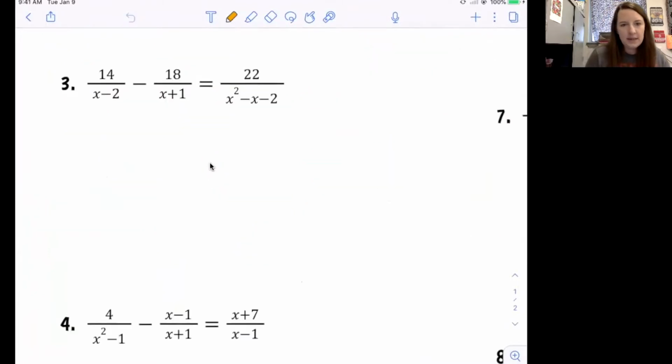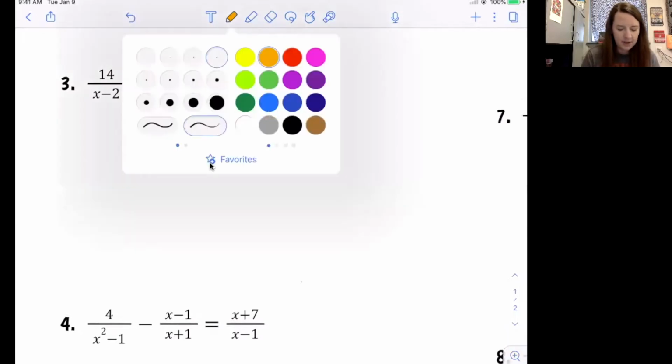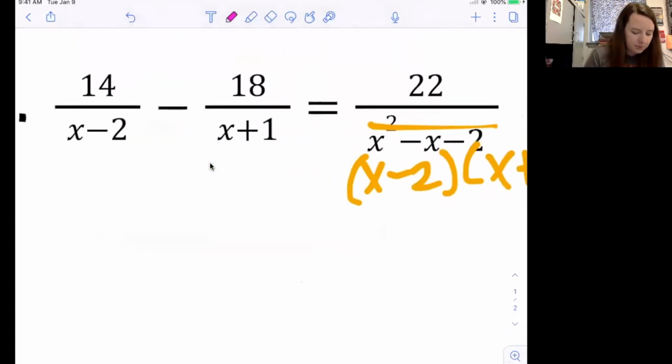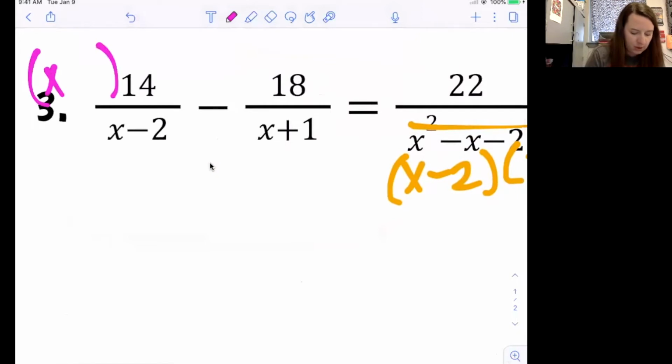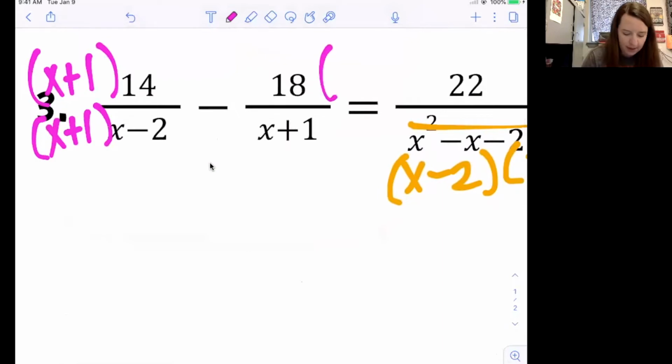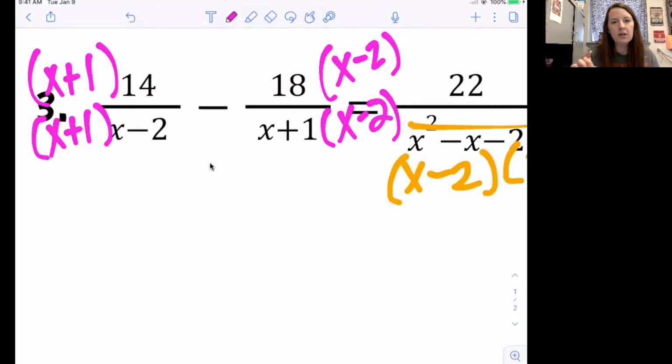On this next example, we need to go ahead and factor this denominator. So I have x minus 2 times x plus 1. And I see that each of those factors is on a separate fraction on the other side of the equation. So I'm going to go ahead and multiply this one by x plus 1 on top and on bottom, and multiply the other one by x minus 2 on top and bottom. So both the numerator and denominator have to be multiplied by that same factor in order to keep it an equivalent